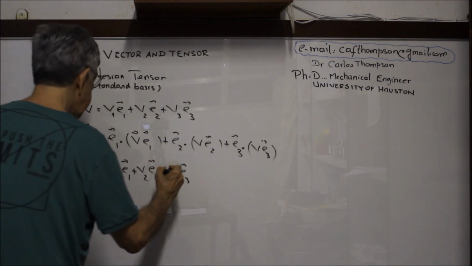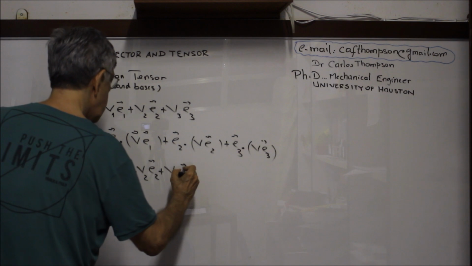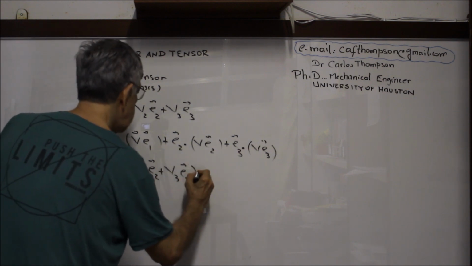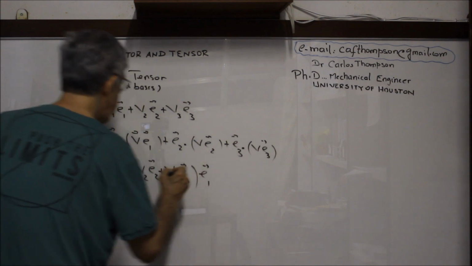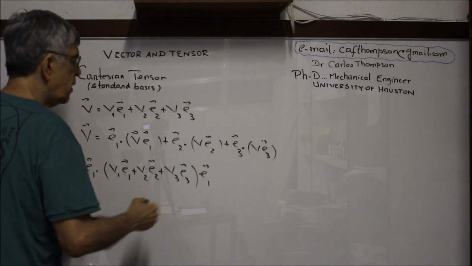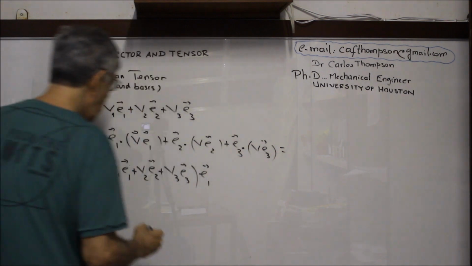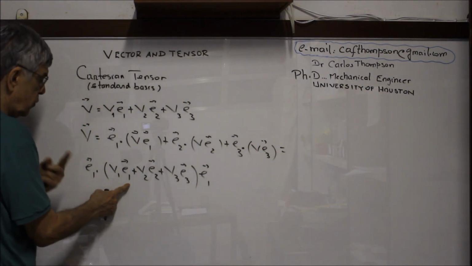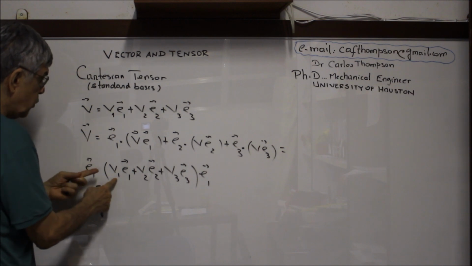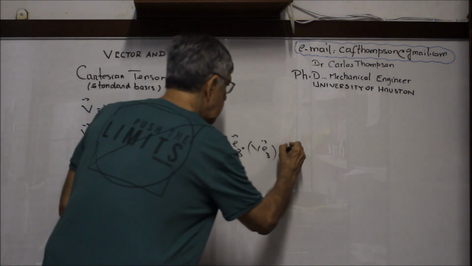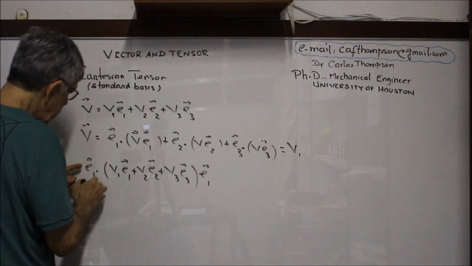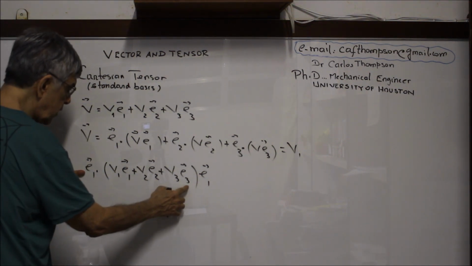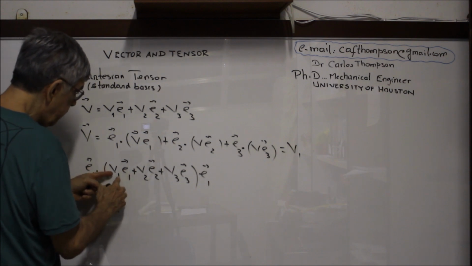So this is V. I'll put E1 here, only with this term. I'll put equal. Now, let's see. E1 dot E1 is 1, so this is V1. Now, E1 dot E2 is 0, E1 dot E3 is 0. So here we have V1,